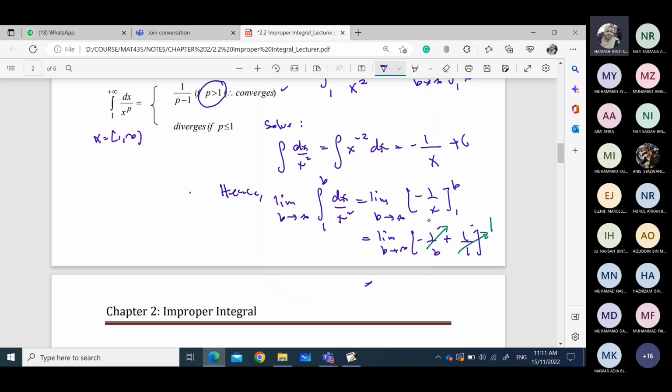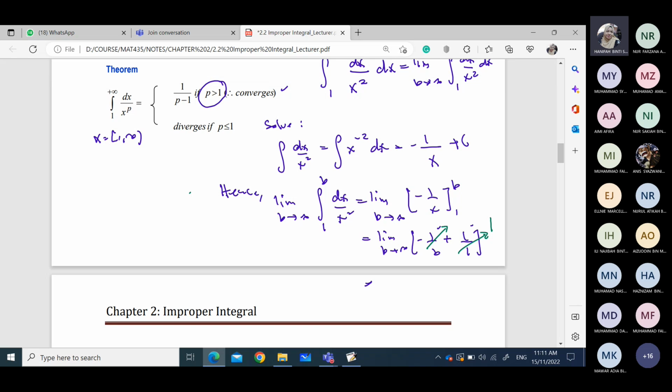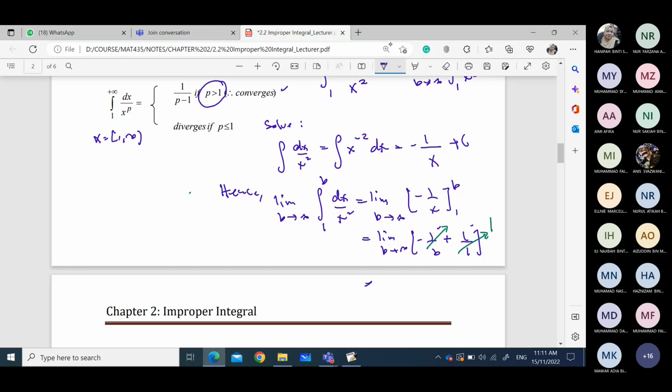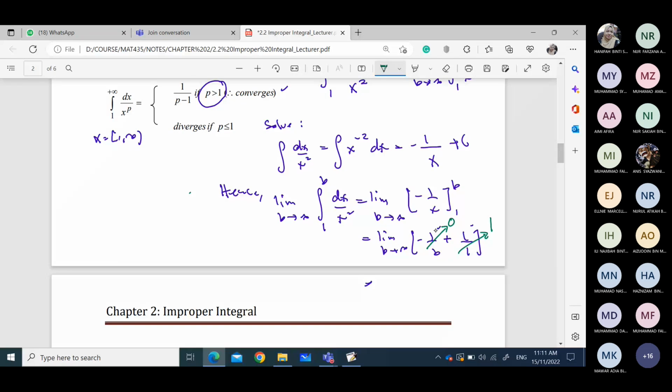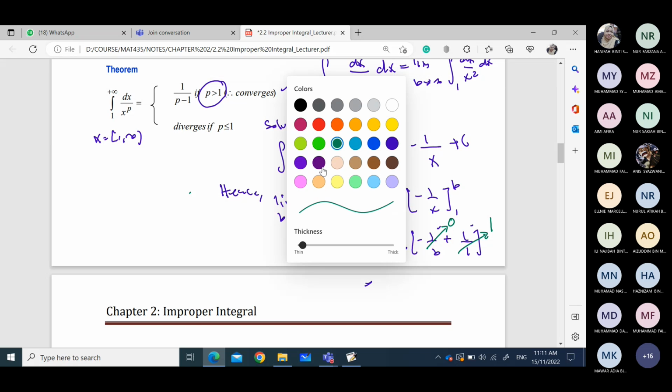How do we know 1 over infinity? Okay, so you just plug in your calculator. You can start with a small value of b. You must remember b is approaching infinity, which means the value of b is getting bigger. So you plug in your calculator. Start with 1 over 2, and then 1 over 3. Look at whether the number gets bigger or smaller. It approaches what? It approaches 0. So here 0 plus 1, we have 1.